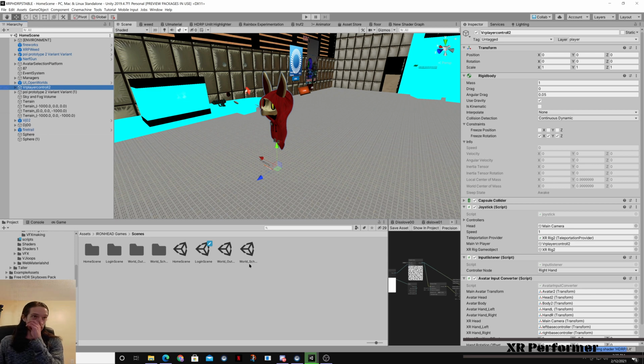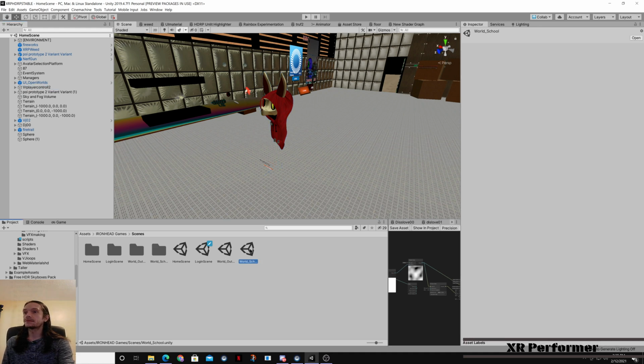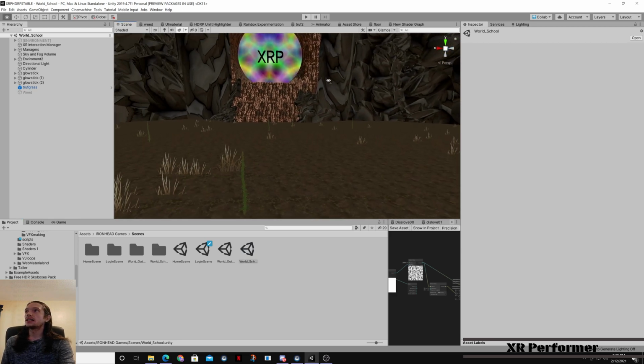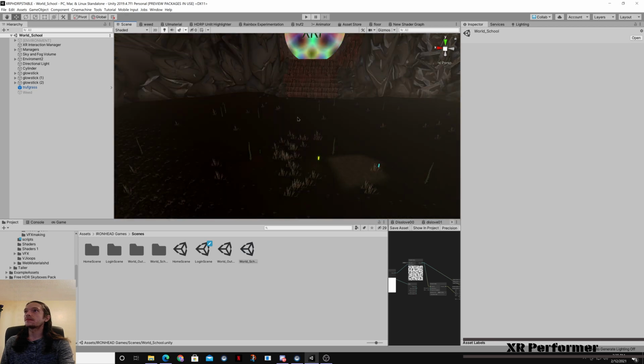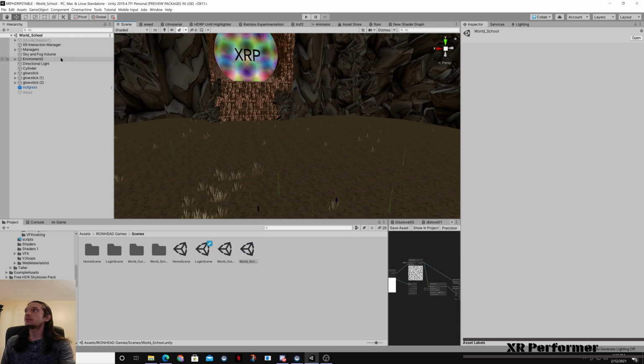For your level, which is going to be public and shown off to people, you're going to want to do what the public rooms are doing. So I'm going to open up the public room. It's nicknamed School, but we're calling it Cave. Inside this cave is a lot of different test components, and it also has the main components for multiplayer. So if we look right over here in our hierarchy, we're going to go to